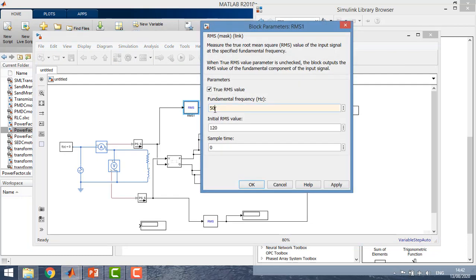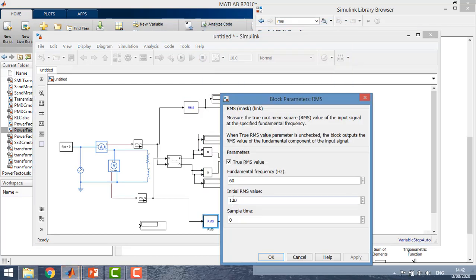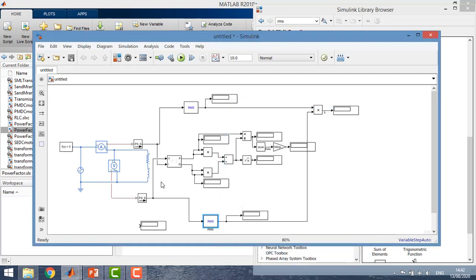I need to change this one to 50, probably very small. 200 volt. So let's go and update the values of the circuit, starting with